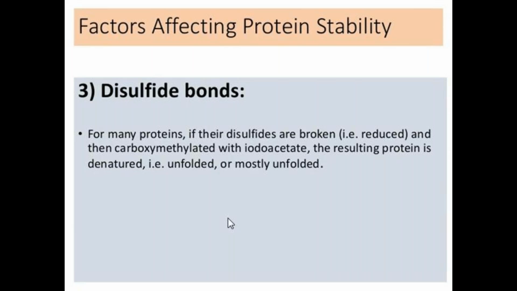Disulfide bonds. The folded conformation of this causes the native conformation of the insulin chain. Mainly two chains are present in insulin, A chain and B chain. A chain consists of 21 amino acids and B chain consists of 34 amino acids, and they are linked by interchain disulfide bonds.